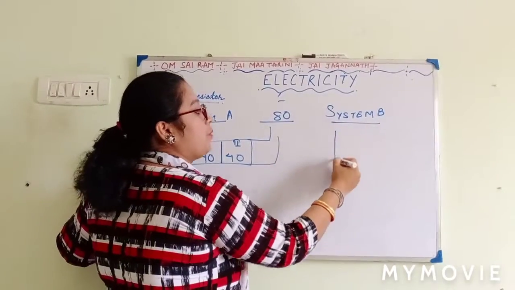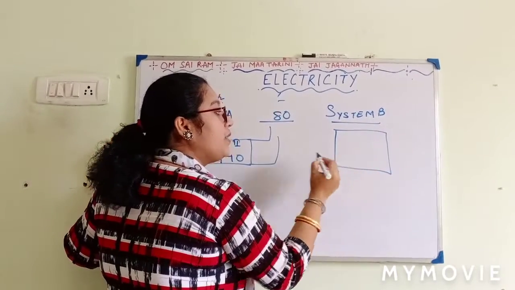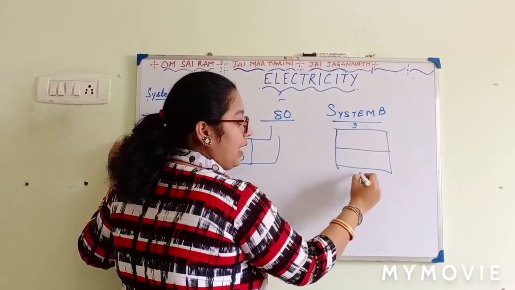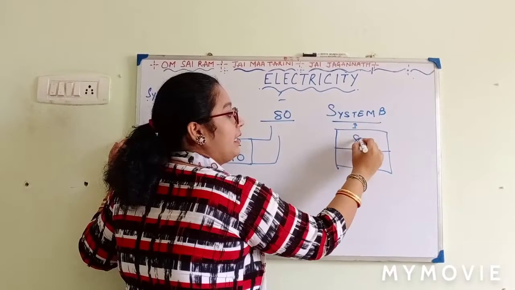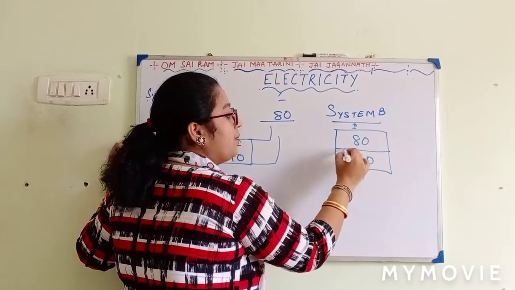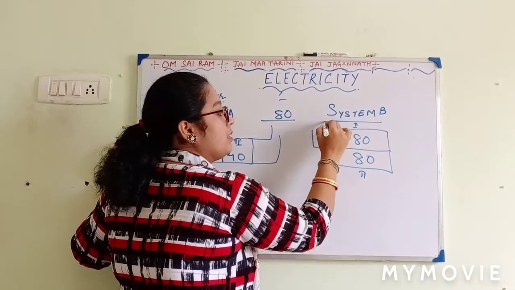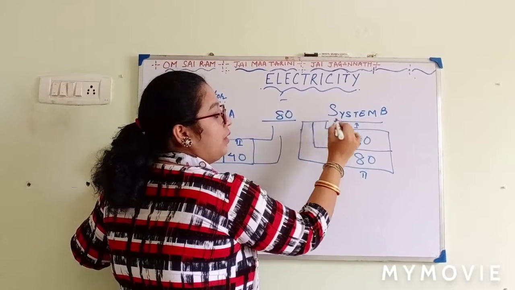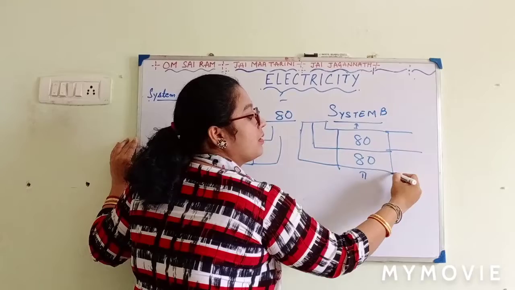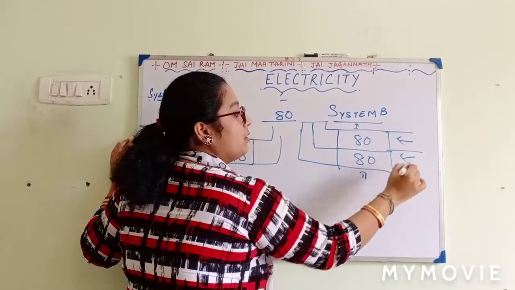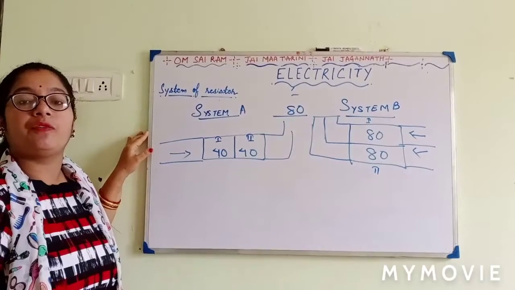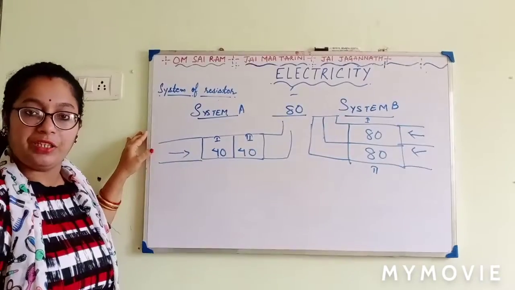In the second system, what did they do? They divided into two parts, but they divided in such a way. This is counter 1 and counter 2 and collected 80 rupees over each. And they had two entries to the fair. So they had a chance for entering over here. So now this is in the types of combination of resistors.